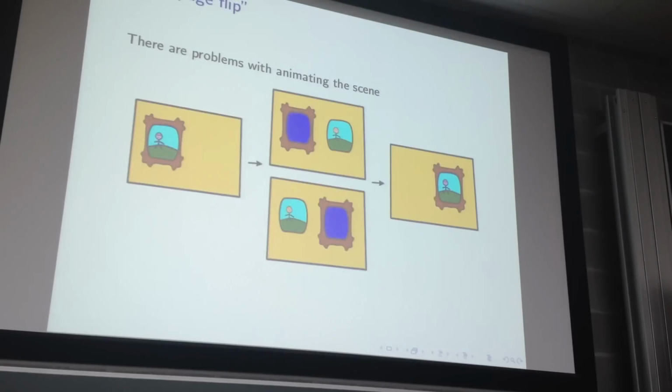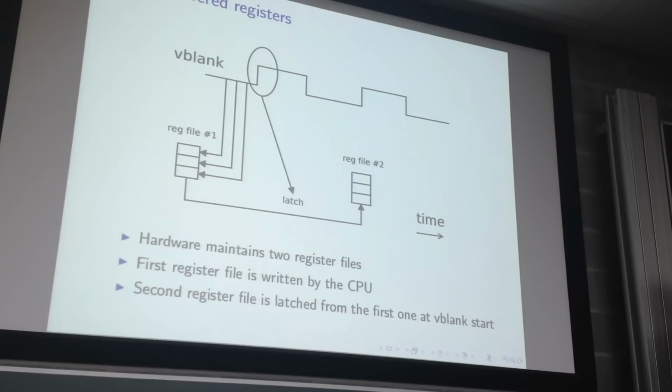Right, so a bit about the hardware. What are the problems with the hardware? So the hardware, usually the display control hardware, is using double buffered registers internally. So you would do MMIO writes to this first set, register file 1 here, and the hardware will actually internally use the copies of those values in this second register file. And it will only copy the values from register file 1 to the second one at the start of VBlank,